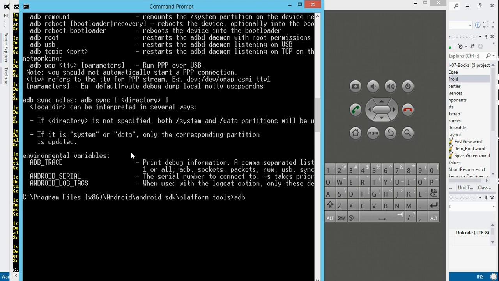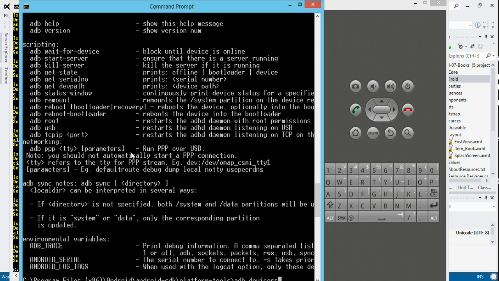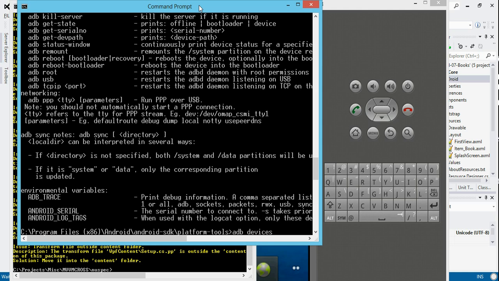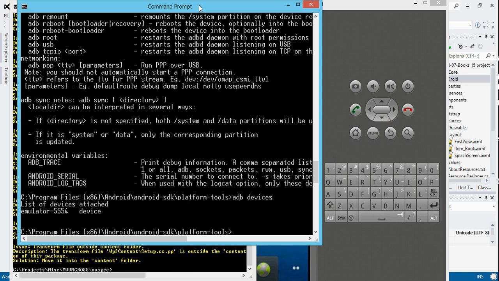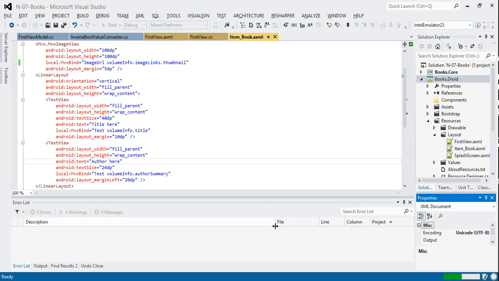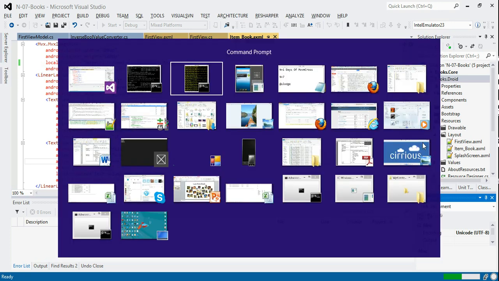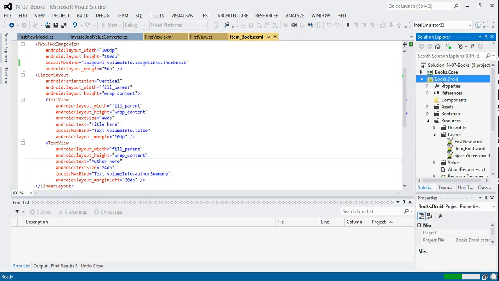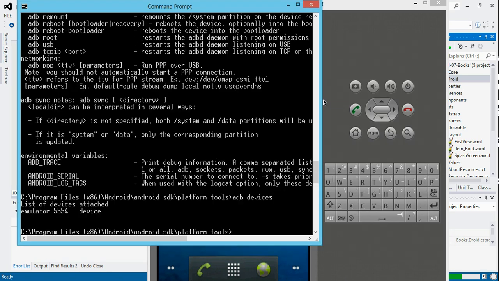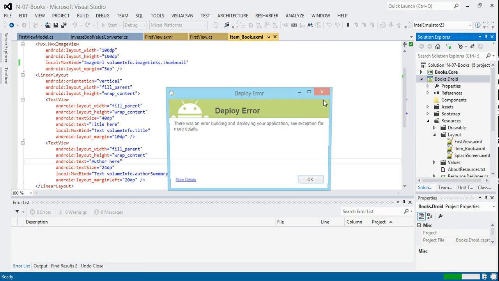All I'm doing is typing ADB and then devices. Oops, I typed devices wrong. So ADB devices, and then it'll tell you what's attached. Now in this case, it seems like the problem isn't in my ADB. It seems like the problem might be in my Visual Studio. But what you quite often find you need to do is stop and start the server. To do that, you type ADB kill-server,